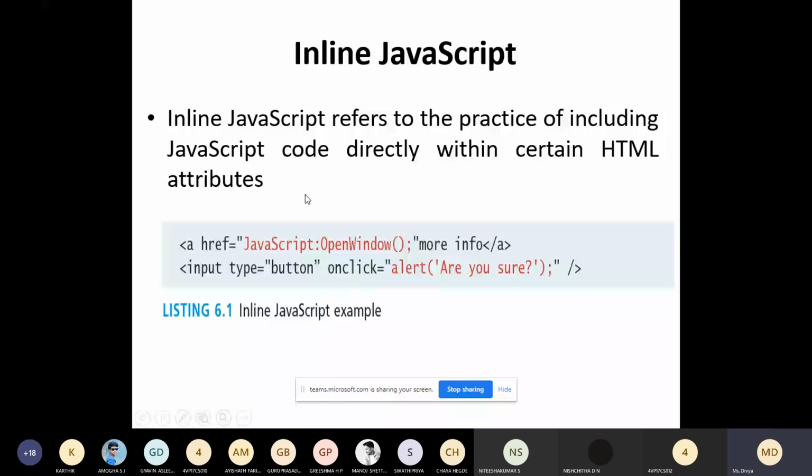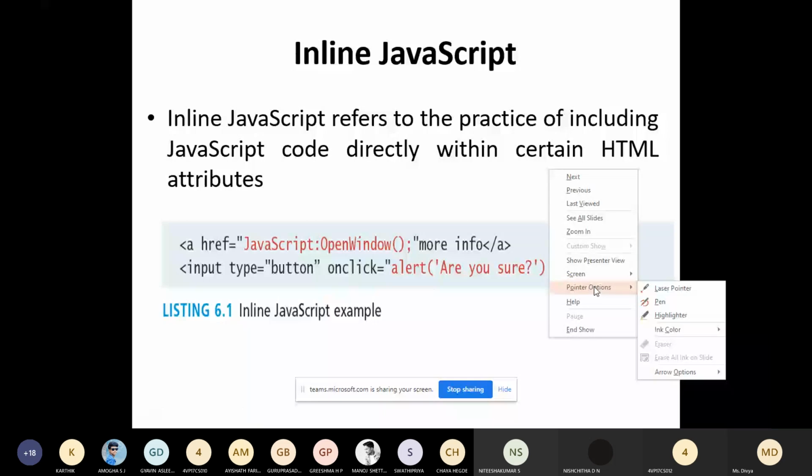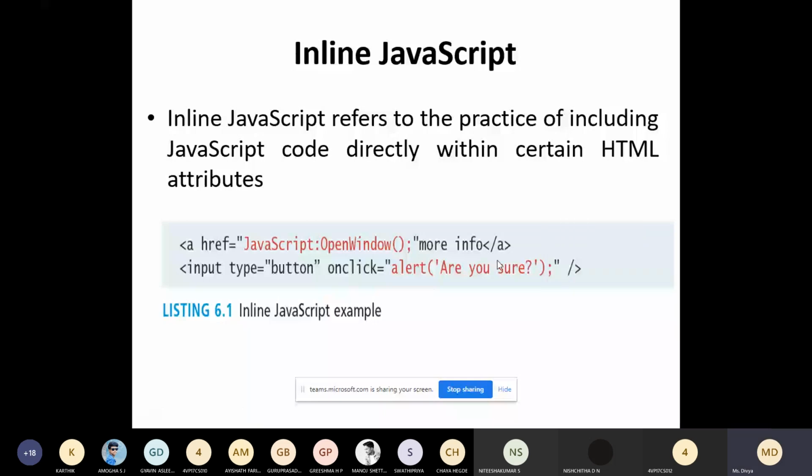This one is called inline JavaScript. You can see here, whatever is in red color is inline JavaScript. Here JavaScript code is directly within the HTML attribute, and the value of this HTML attribute is the JavaScript code.